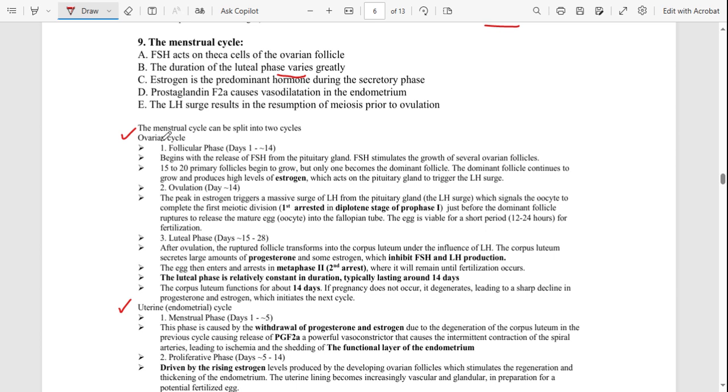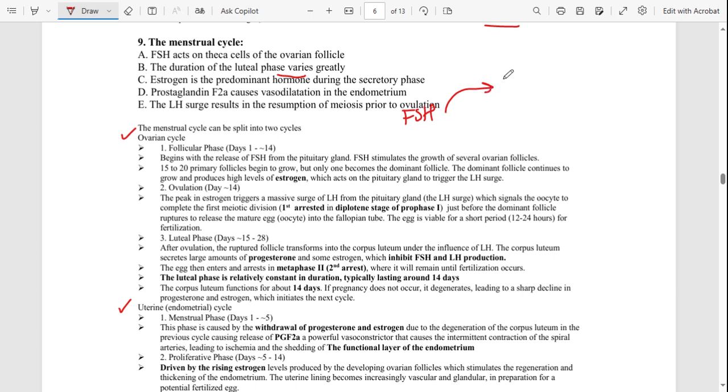The first phase, of course, is not in a specific order, but in this case, we've started with the follicular phase. The follicular phase will happen between day 1 to day 14 of the menstrual cycle. In the follicular phase you have got a follicle stimulating hormone from the anterior pituitary gland